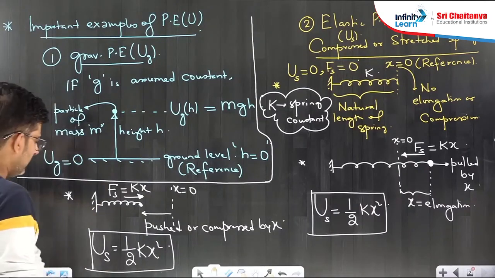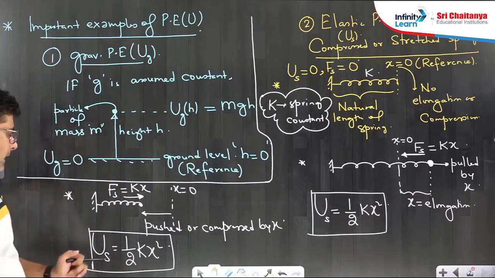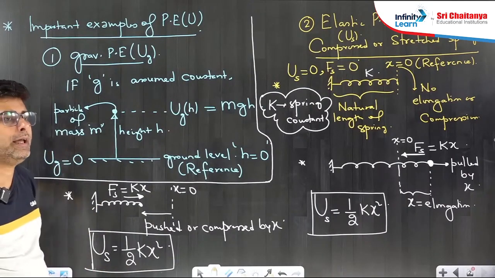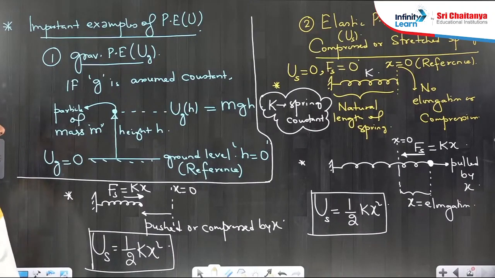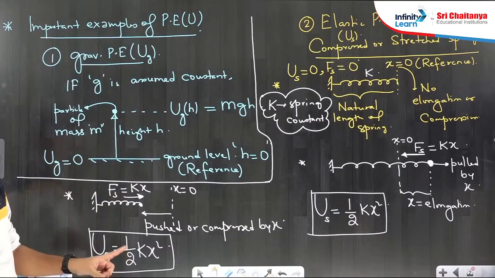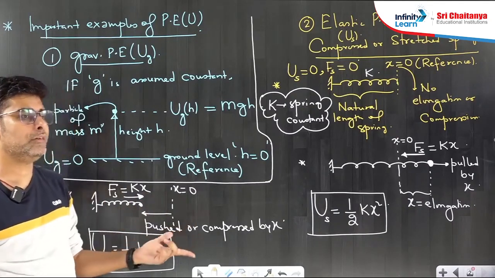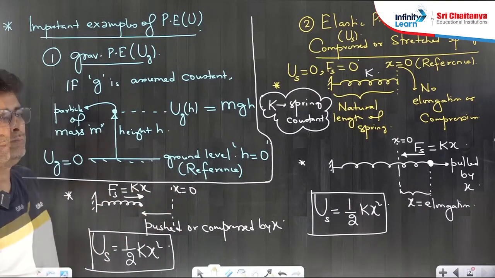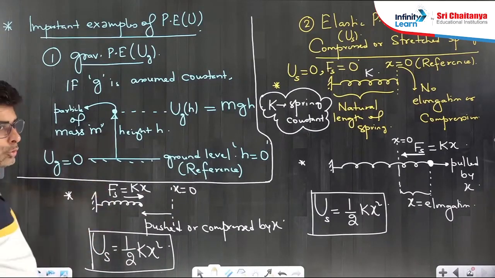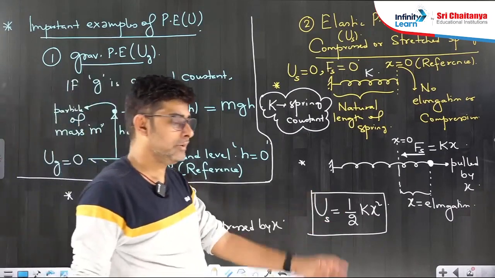So in any case, the energy stored in the spring is equal to half kx square. Clear? And the force is kx. It is directed always in such a way that you pull the spring, spring pulls you, push the spring, spring pushes you. Okay, fine. So now we will come to questions on this, but before that, still the point remains,